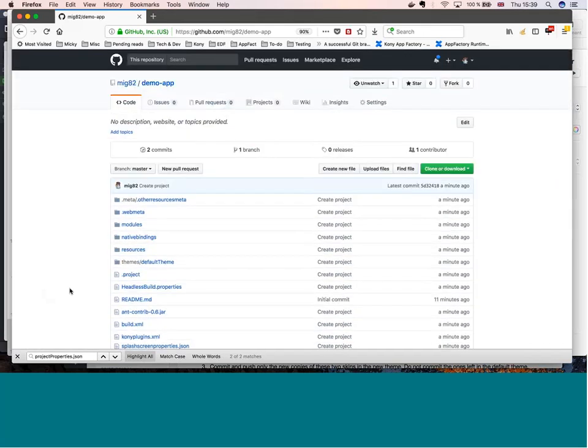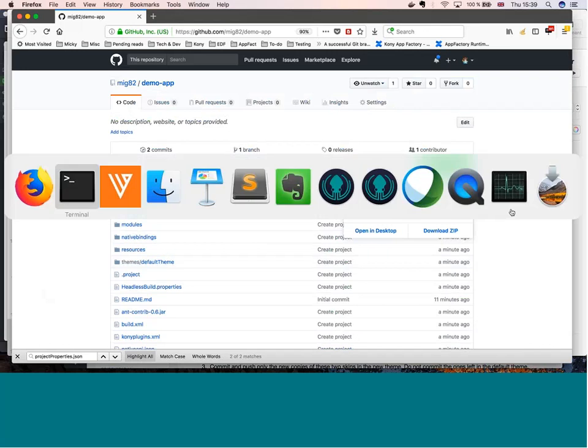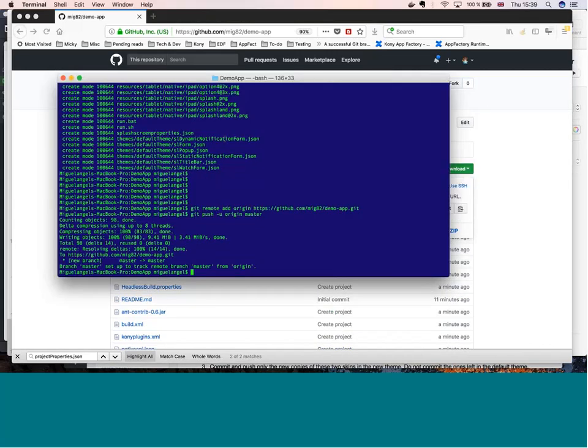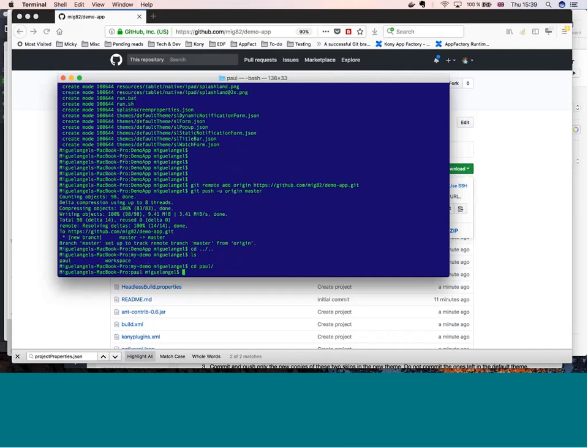Now Paul comes along, he joins the project, and he's going to try and clone this repository and start making changes of his own. So he copies the Git URL and switches to Paul's workspace, right? So now we're wearing Paul's hat. And I'm going to git clone this repo. The first thing you need to make sure of is that you clone into a folder that abides by the naming conventions required by Visualizer. If I just do this,